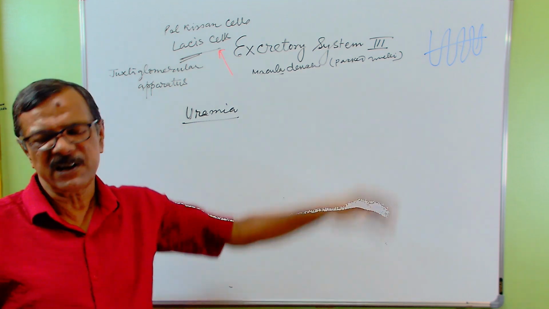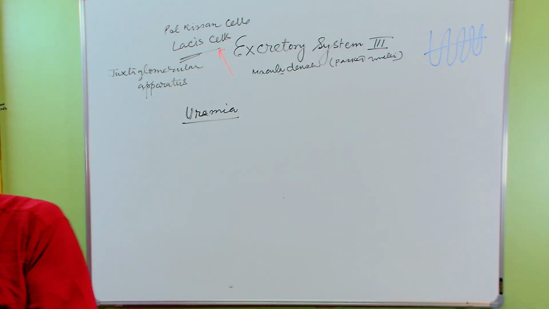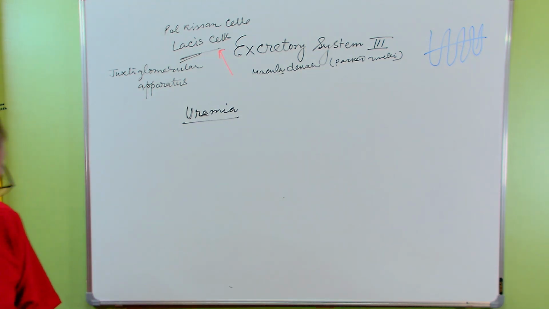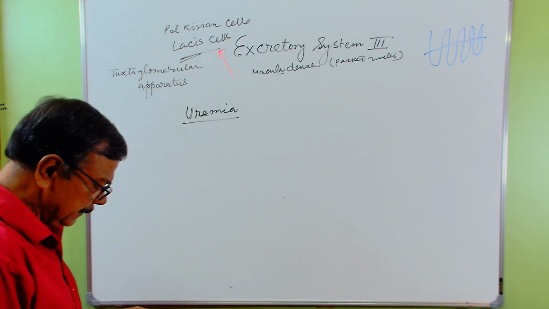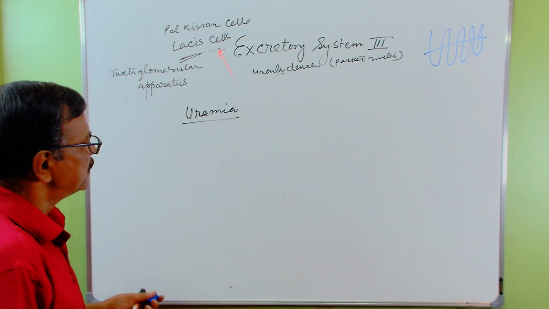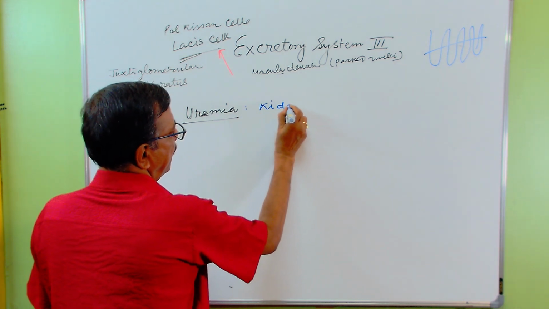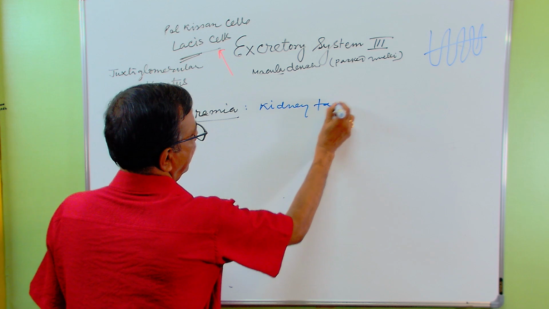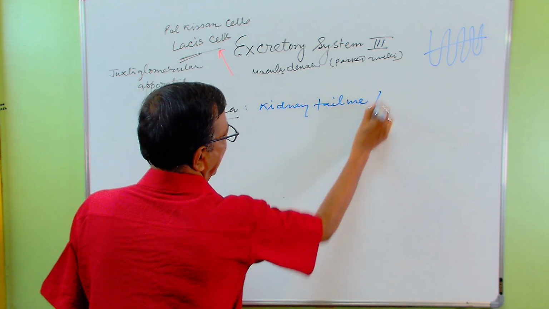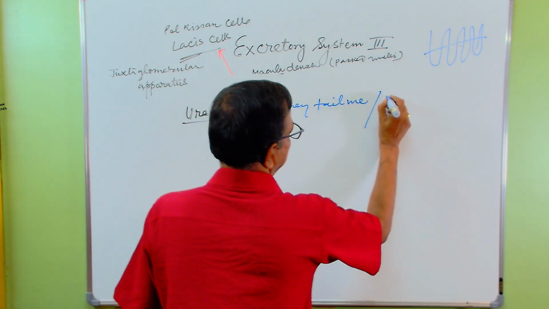That is, proper filtration does not take place. That is called uremia. This uremia causes kidney failure, and the treatment is